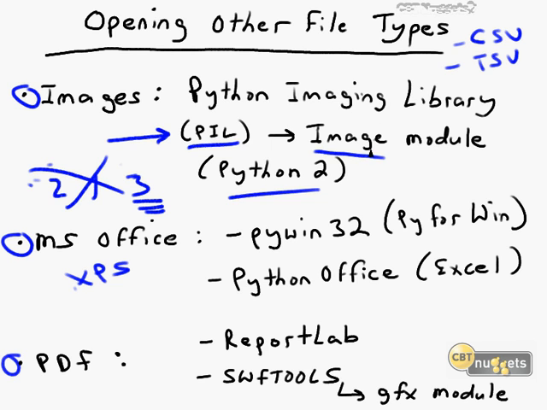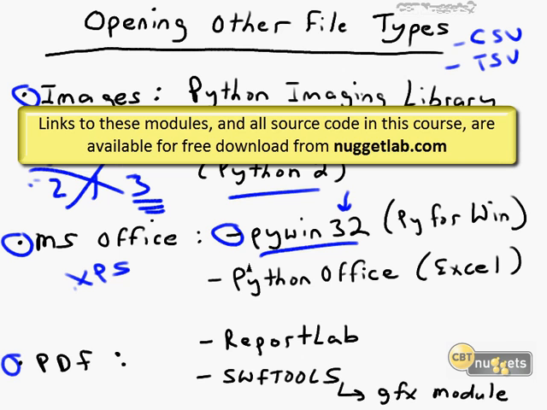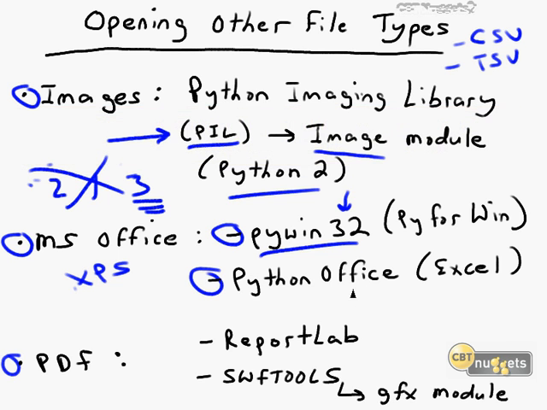Python Image Library, the image module to get to images. There's other ways to go, of course. I'm just giving you what I think are the most popular, easy to get to modules. For handling Microsoft Office, again, there's a few different ways to go. Probably the most popular way is the Python extension for Windows. This is called PyWin32, and I have verified that this does work in Python 3, which is cool. There are also Office application-specific extensions and packages. Python Office, for instance, gives you rich ability in Python to read and write Excel workbooks and worksheets. Finally, for Adobe PDFs, there's ReportLab and SWFTools.